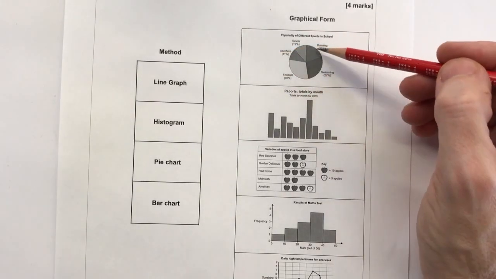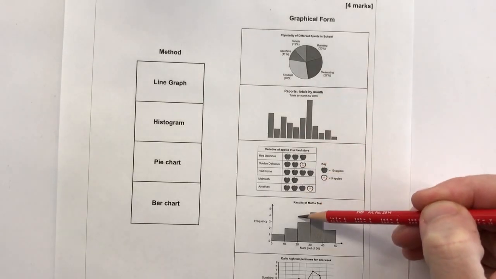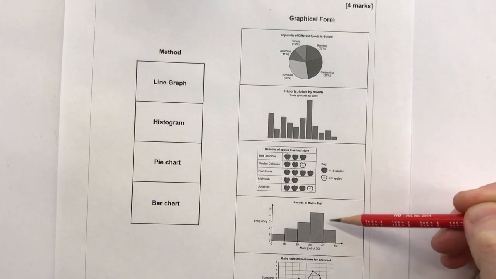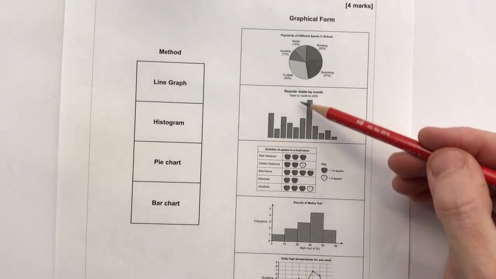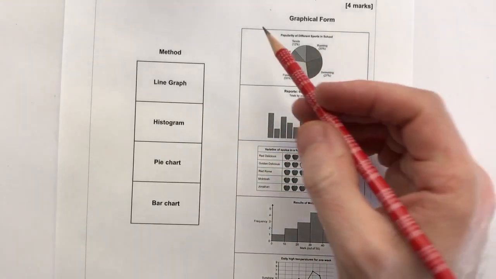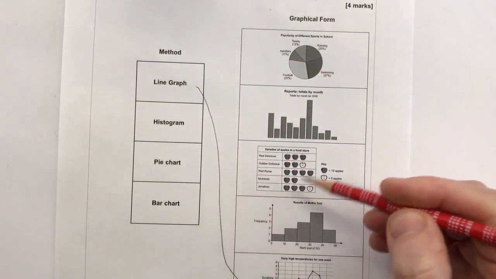Okay, well let's just go through what they are. This is a pie chart. We've got a bar chart down here. This is a histogram, okay, because it's up into range, into levels. We've got a line chart at the bottom, and the one missing is this one here, because we've got 5 against 4, and this one here is actually a pictogram. Let's just line these up. Okay, it doesn't even need to be a straight ruled line,